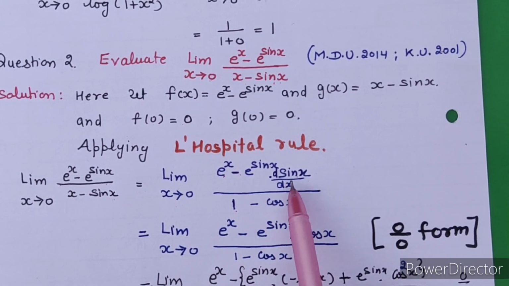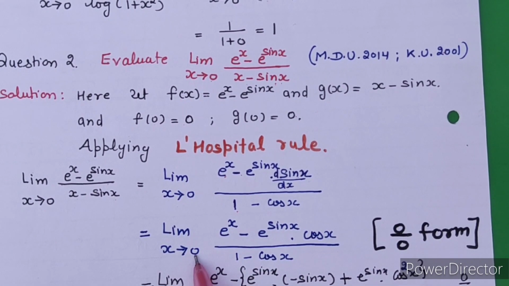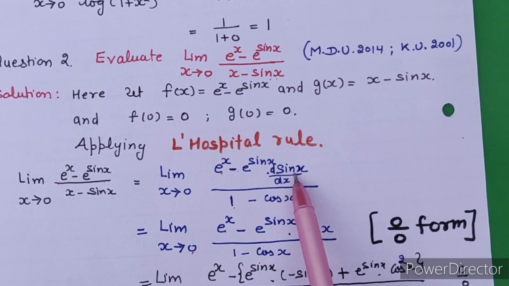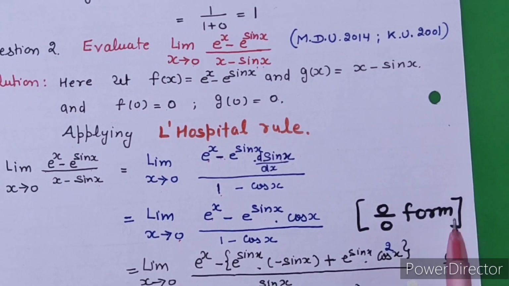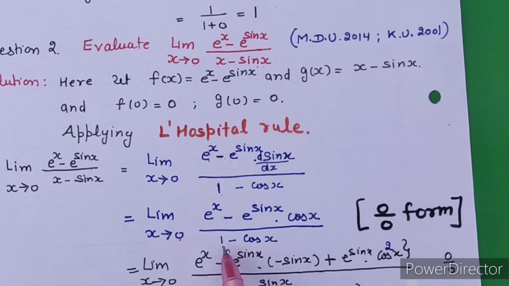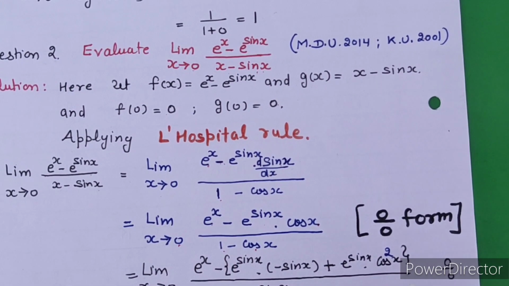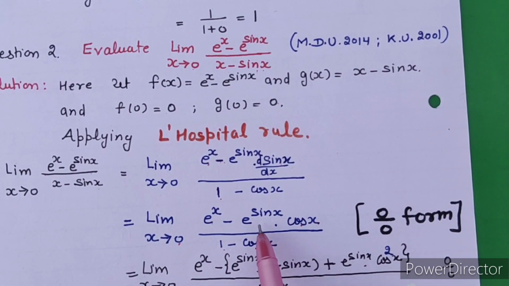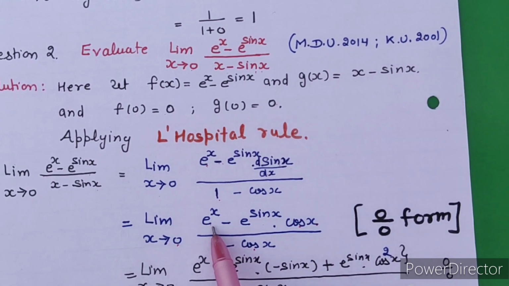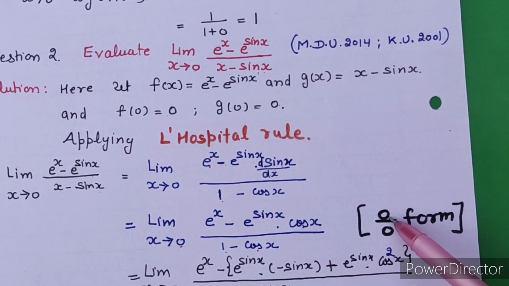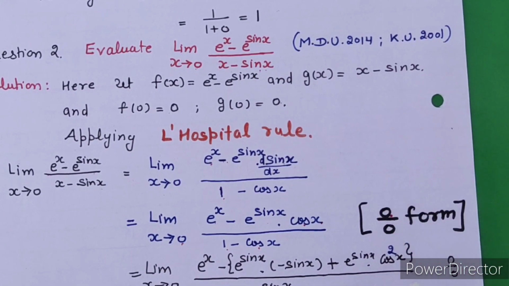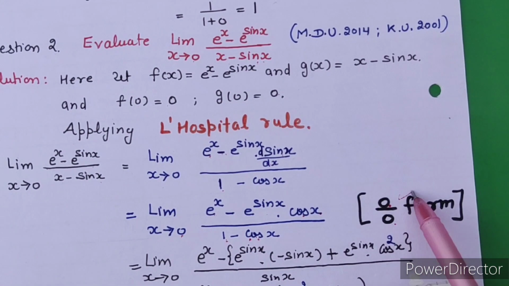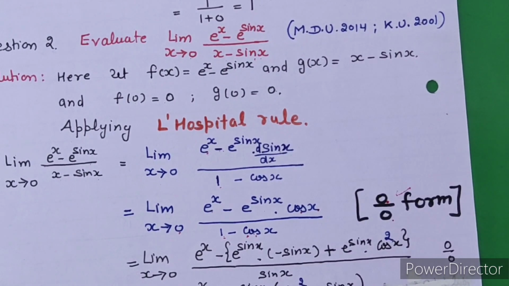Okay, now I simplify, limit x tends to 0, e^x as it is, minus e^(sin x) as it is, derivative of sin x is what? cos x, right? So you write here cos x, and 1 minus cos x. Now I will put the limit again in both expressions. e^0 again 1, cos 0 is 1, e^0 is 1, so it is 1 minus 1, so again this is 0. Okay, so now the lower term 1 minus cos 0 is 1, so 1 minus 1 is 0. Again this is 0 by 0 form.